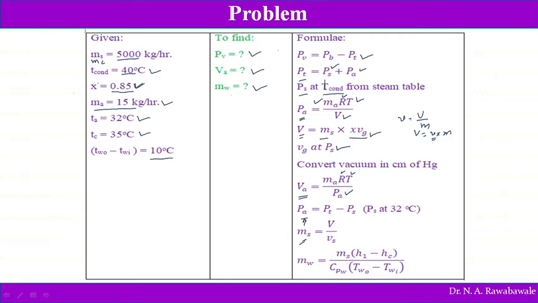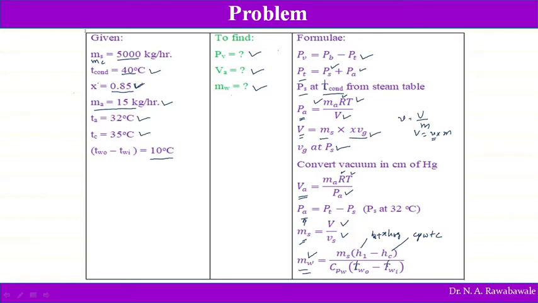Then the mass of steam MS is equal to V divided by vs, the absolute volume divided by the specific volume. So the equation specific volume v is equal to V divided by M can be rewritten as M is equal to V divided by vs. From this the mass of water can be obtained. This equation we have already studied. H1 is nothing but HF plus X HFG, and HC is nothing but CPW into TC. So this equation can be used to find MW, the mass of water.